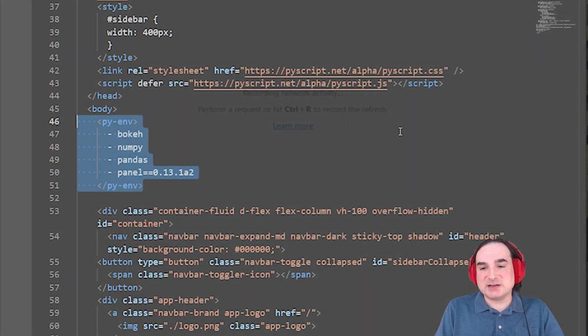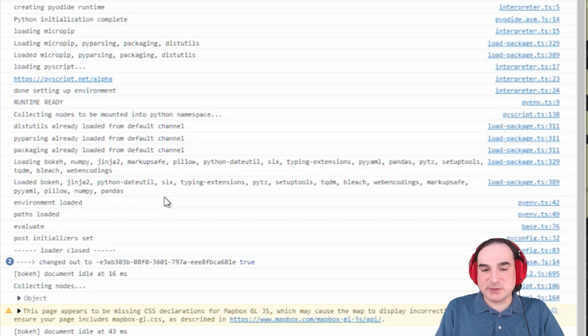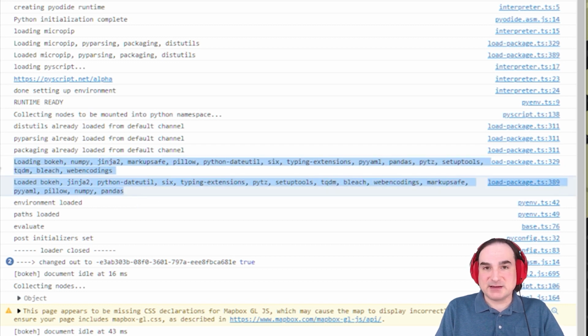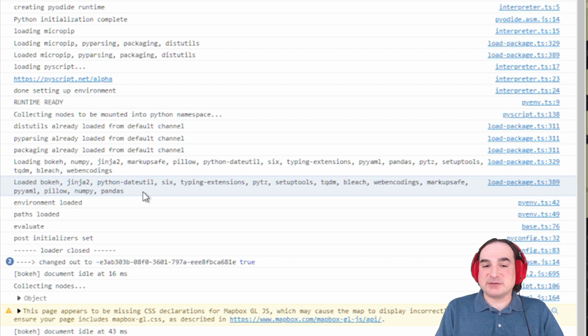If we look in the console log for this page, we can see where those packages were downloaded and set up for use. And note that this means that this particular page has quite a load time, which I've omitted for the sake of this demo. And that in turn implies that there's a great many performance improvements that could be made to how all of this works, for how it can be handled in the future. For instance, we could have all these packages cached locally in the browser and then reused as needed. But those are improvements that are probably going to come further down the line once other things have been settled.